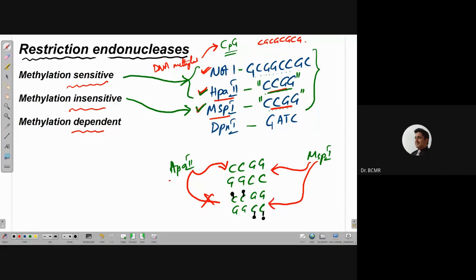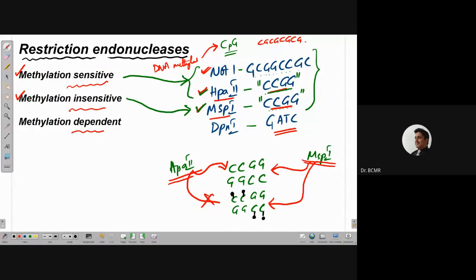So there is only one difference between HpaII and MspI: HpaII is methylation sensitive, whereas MspI is methylation insensitive. There are also other restriction enzymes such as DpnI, which will cleave only if the target site is methylated. We are not going to use this for this technique, but we are going to employ methylation sensitive and methylation insensitive